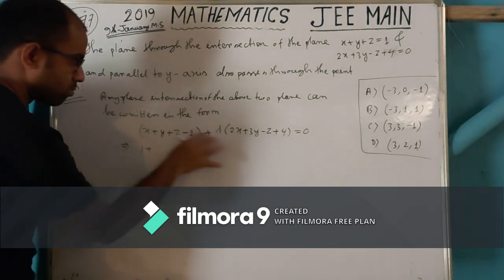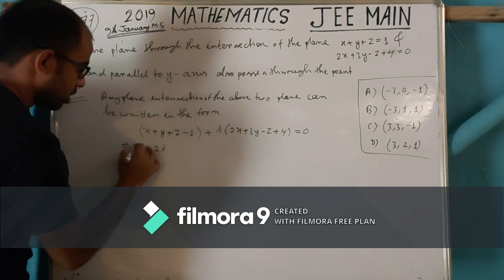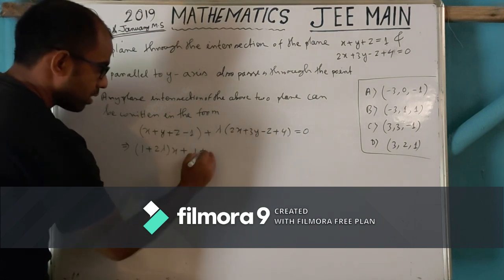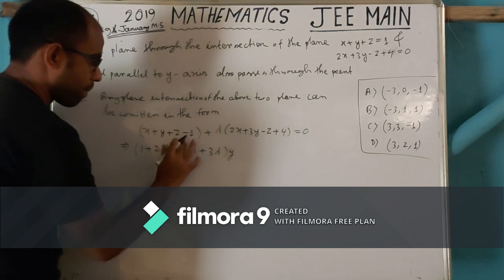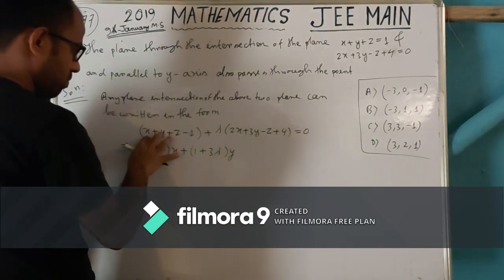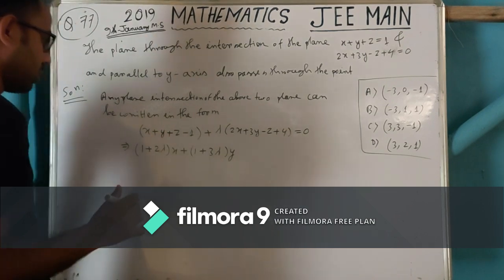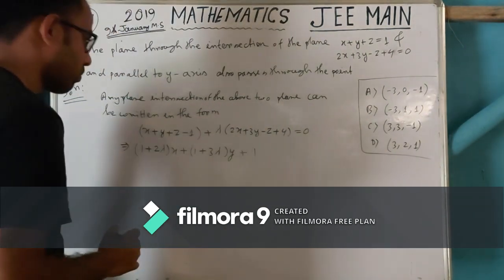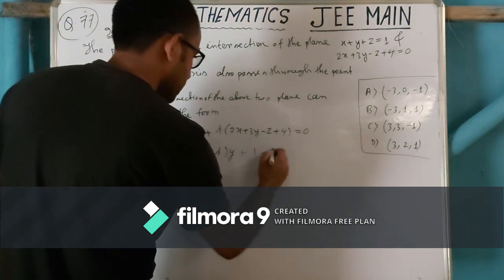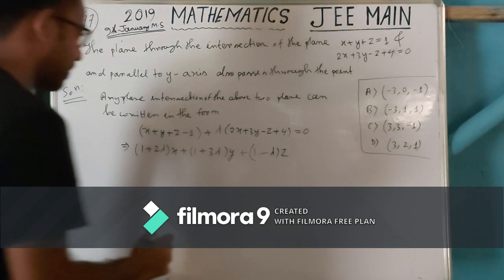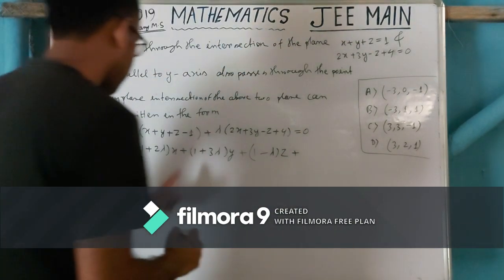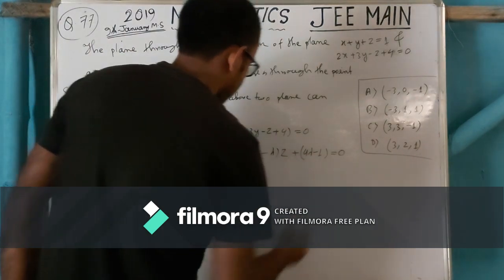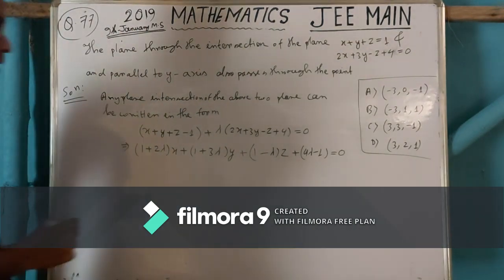One plus coefficient of 1, coefficient of 2 into lambda into x, coefficient of y 1, coefficient of y 3 lambda y, plus this 1 minus lambda z plus 4 lambda minus... this is the plane. So here I see that